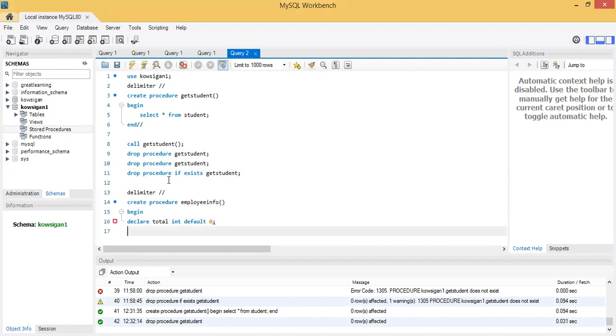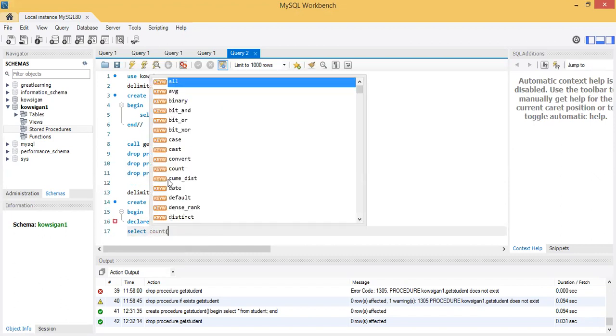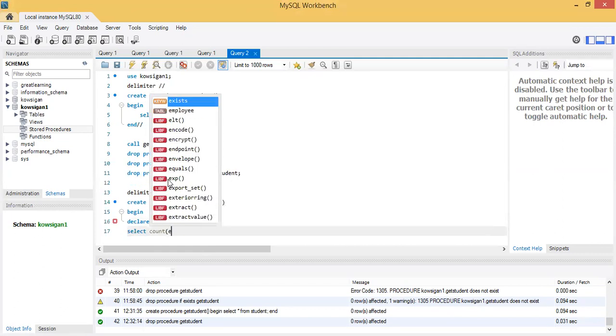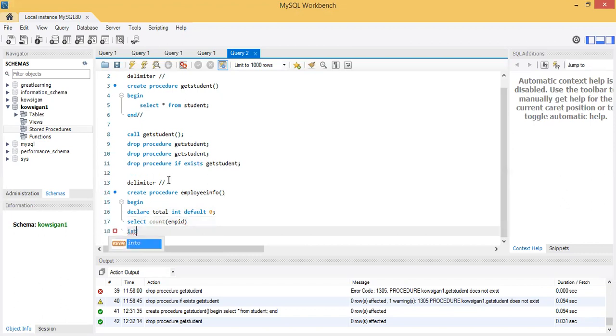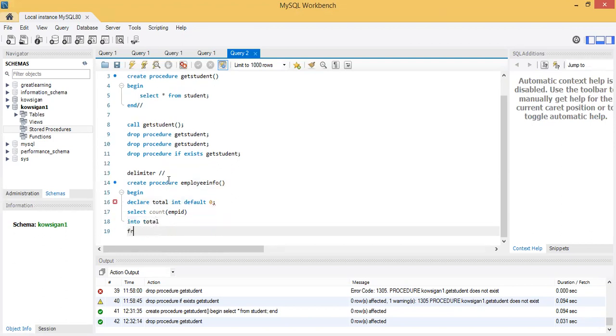Then select, I'm using the aggregate function here, count of employee ID, into total, from the table employee,